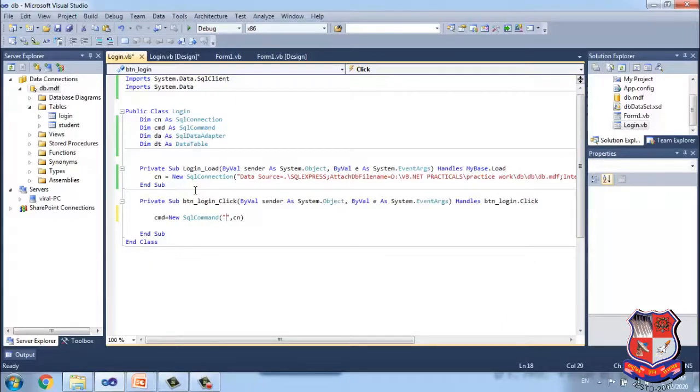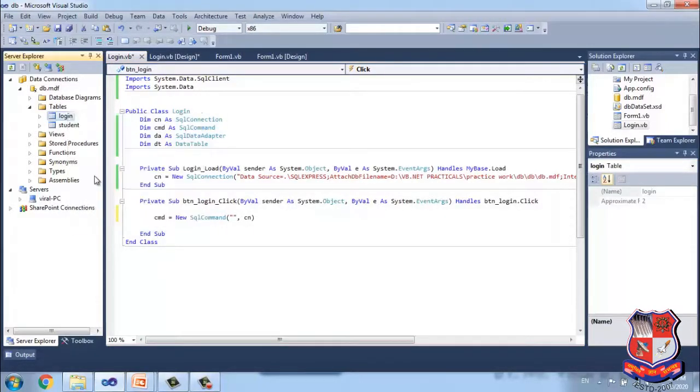What is our connection? What is our SQL query? In this second step we are going to initialize our SQL query with the SqlCommand class. Which SQL query? A select query for fetching data.